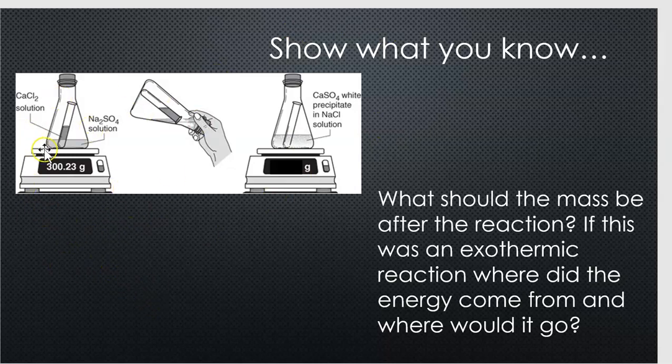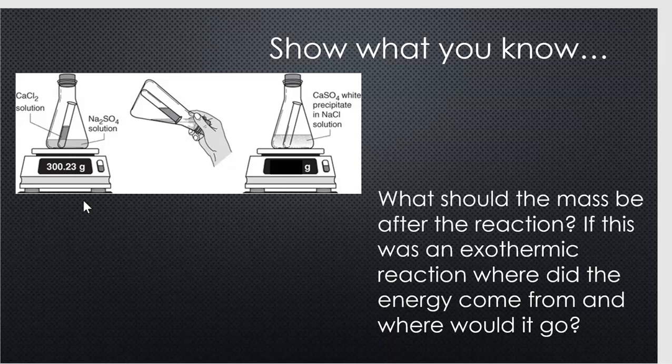Let's look at our scale, and on our scale, we have a flask. Within the flask, we have a test tube. If we invert or tip that whole concoction over, the chemical that's in the test tube will mix with the solution that's in the flask. We mix them up. The end product may look very different. According to our caption, we actually have a white precipitate, so we've got some white powdery looking stuff floating in the liquid. But if we started off with 300.23 grams, what should our end mass be